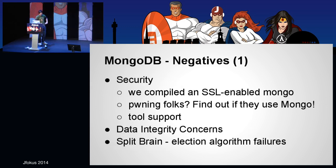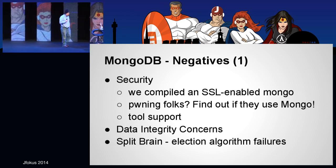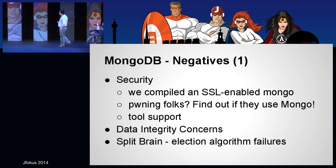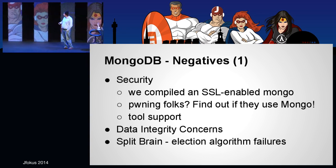Negatives number 1. On the downside, we were looking at running secure connections between different servers. We were also flipping between multiple data centers because we didn't want to be reliant on one data center falling over and taking the whole system down. So we wanted different Mongo nodes to happily, securely talk to each other. SSL is a good start for this, and Mongo supports SSL. But the free binaries for Mongo don't come with SSL support. To get an SSL-supported binary, you need to pay for a support contract, which is not that great,